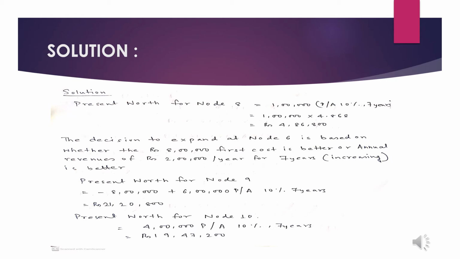Going with the terminate node, it should give us the 5,50,000 value, right? And the continue node should give us a revenue of 1 lakh per year, which is basically annual worth by nature. So what we need to do is transfer that value into present worth. When we transfer the 1 lakh value from annual to present with 10% and 7 years, we are getting a value of